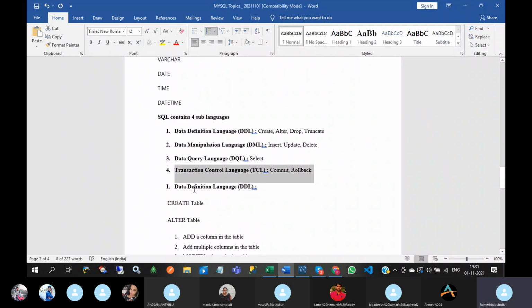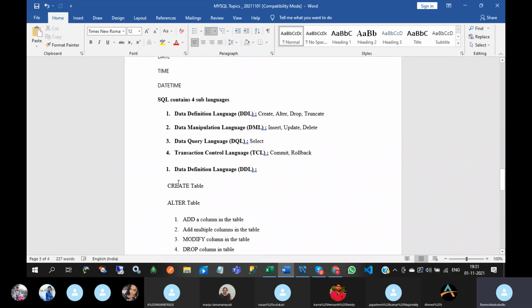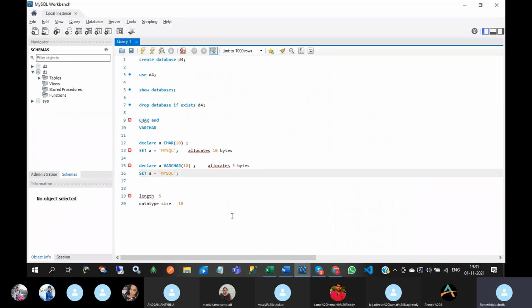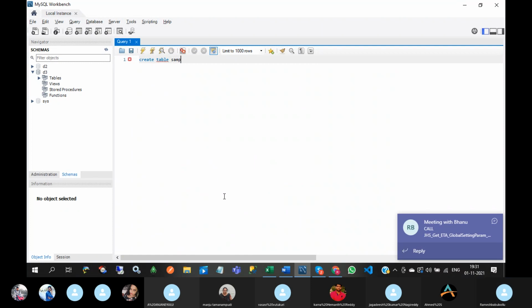Now the first one is data definition language. That means create, alter, drop, truncate. So first of all, how to create a table? This is the syntax: create table sample.